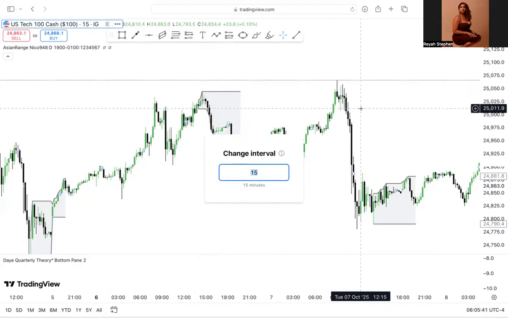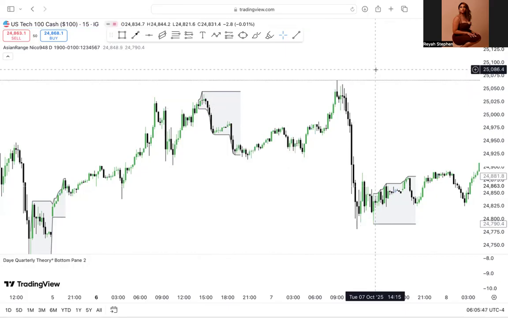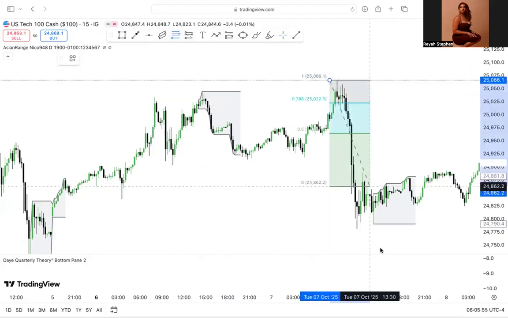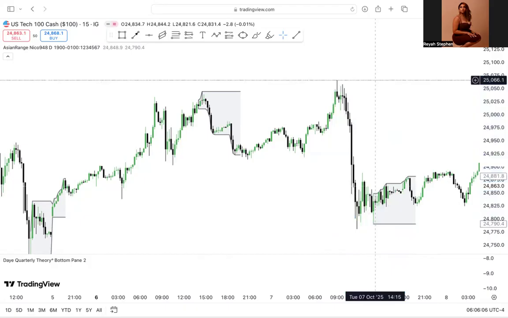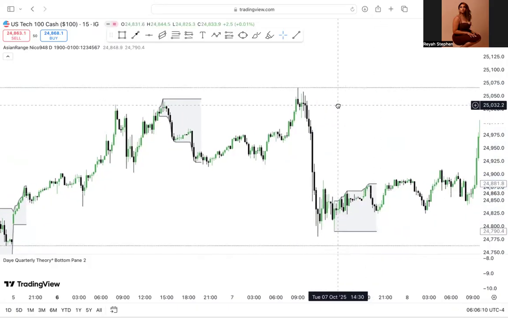I'm not going to show you the 4 hour time frame because you would be able to understand whether you're in a premium or a discount based on if you draw the Fibonacci on the 4 hour time frame. You'll be able to see where in the range you are. So just pretend this was a 4 hour for a second. You just draw it from the top to the bottom of the range, and you would see where am I in that range? Am I leading up towards the 50% or is it the inverse? Cool. So once you've established where you are on the 4 hour, you'd come down to the 15-minute,